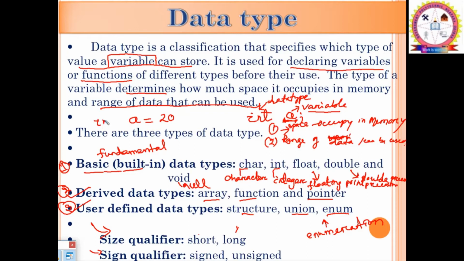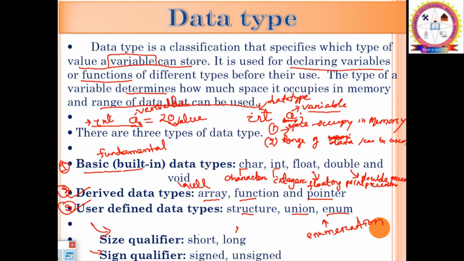So that is why data types are used. Data type is used for declaring a variable, so that we tell the program or computer what type of value this variable will store. And that is the main purpose of the data types: declaring variables. So this is known as declaring a variable, int a. We will see declaring variables in the later sessions.